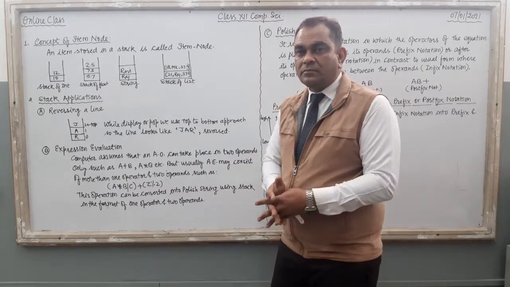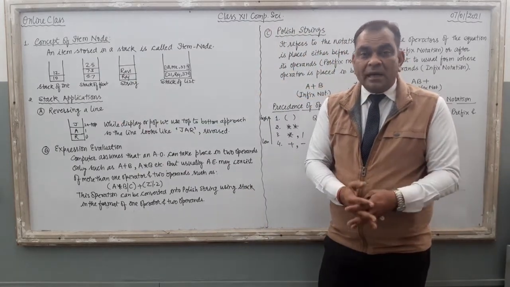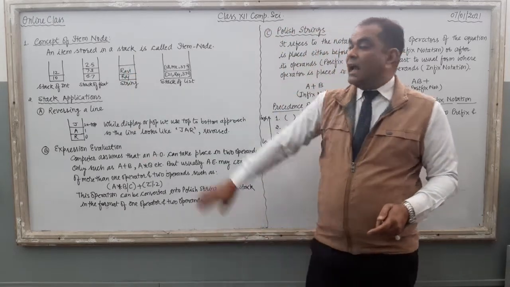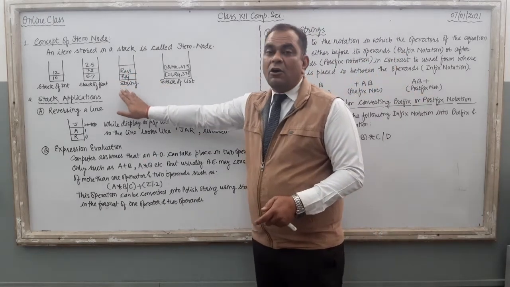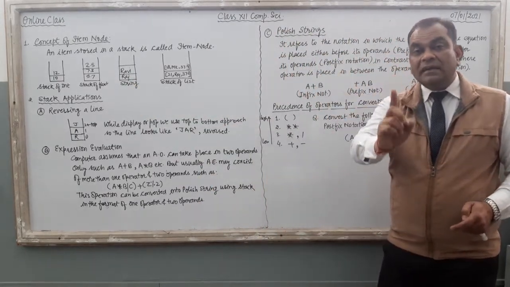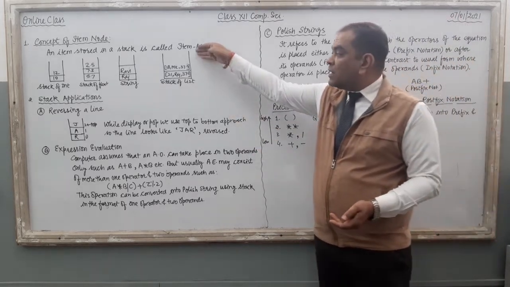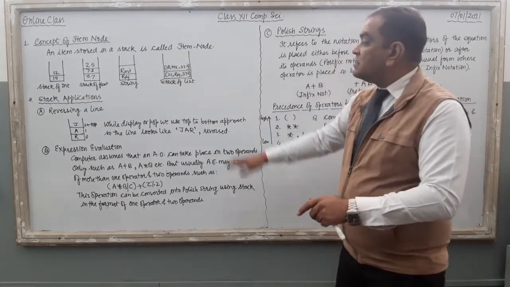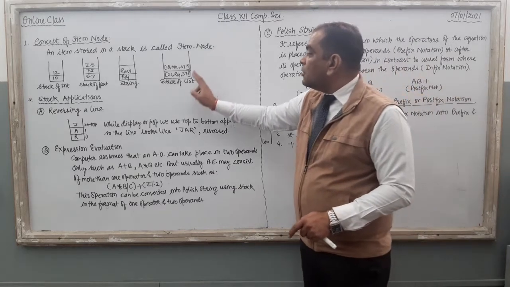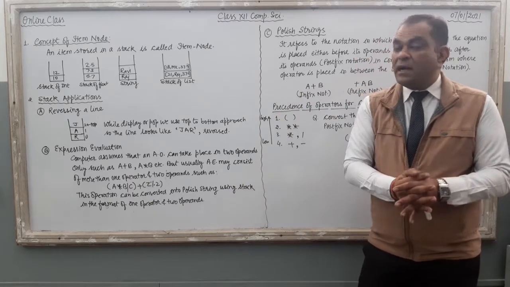Clear? Any doubt? Now, the third one, here strings are there. String means a group of alphabets are there in the stack, so we can say the item node in the stack is the string, and the stack is stack of string, right? And for the last one, you can insert list, tuple, dictionary objects also into the stack. If you put a list object into the stack, then the stack is known as stack of list, and here the item node is list. Done? So it is the first technical term related to this stack.